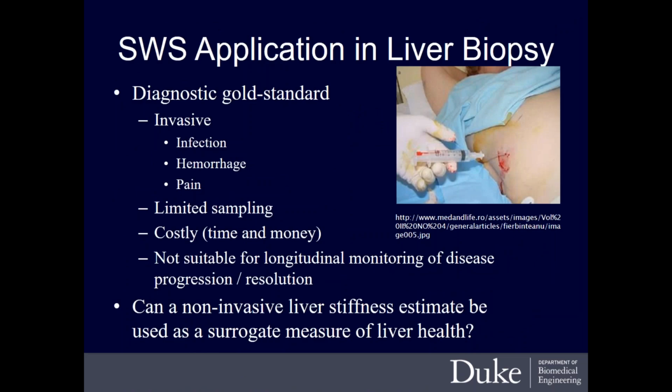Okay, so now let's move over to the clinical application that's had the most attention for shear wave imaging, which has been the liver biopsy. So liver biopsy, I think, as most people know, is the gold standard right now for characterizing concerns for liver fibrosis, and the disease etiologies at play there tend to be viral or alcoholic, infectious in the sort.